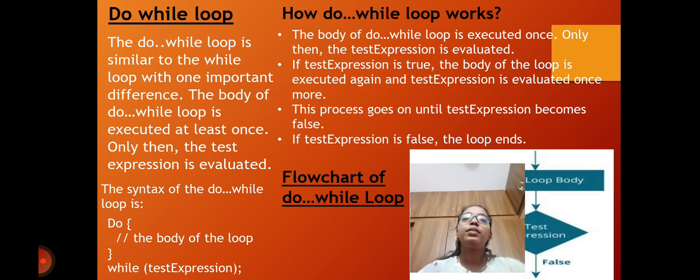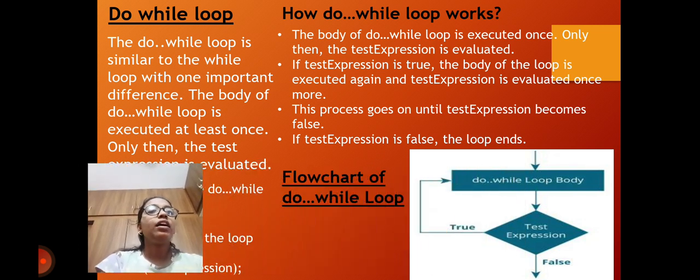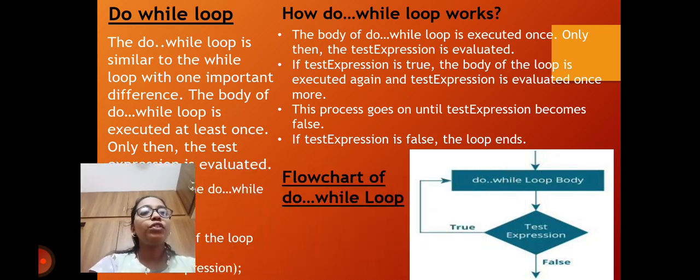Do while loop. The do while loop is similar to the while loop with one important difference. The body of the do while loop is executed at least once, only then is the expression evaluated. Syntax: do, the body of the loop, while, test expression. How does do while work? The body of the do while loop is executed once, only then the test expression is